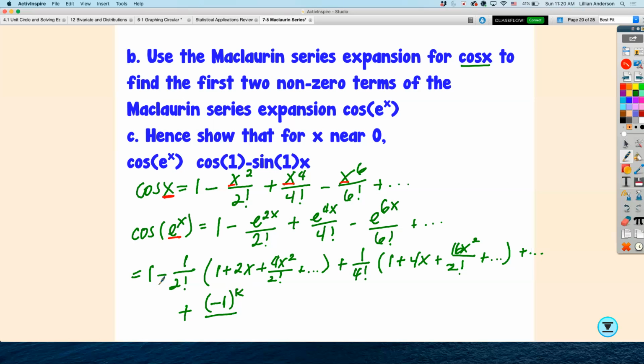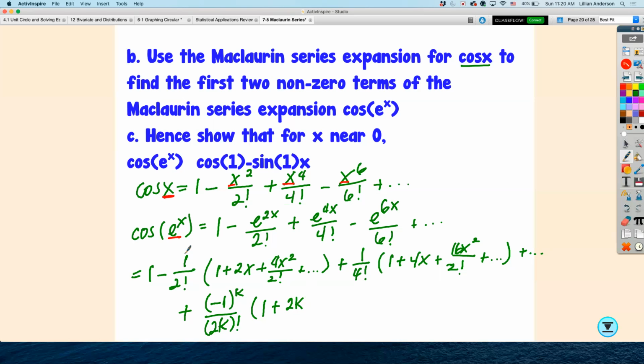And then how can we represent the factorial part? Well, it's 2 factorial, 4 factorial, 6 factorial, all of your even factorials. So then it's going to be 2 times k factorial, because that's how we're going to essentially get an even number each time. And then the series that goes beside it would be the one that we use to represent e to the nx. But remember, we're not using n, we're going to use k. And more specifically, actually, we're going to use 2k because that is the,